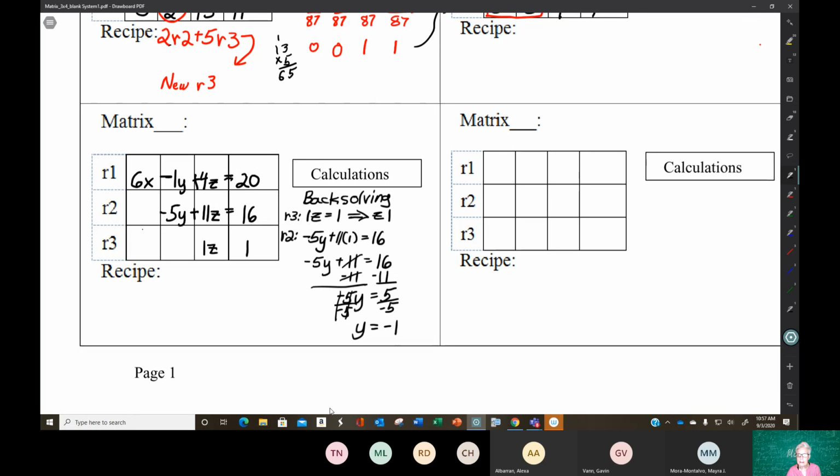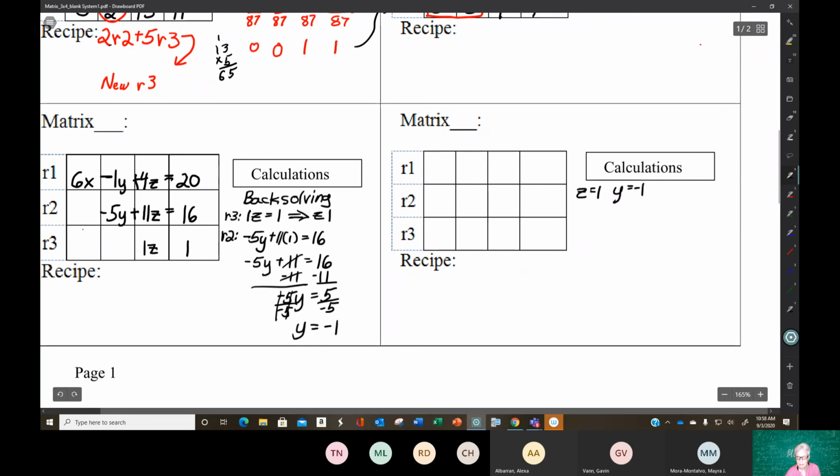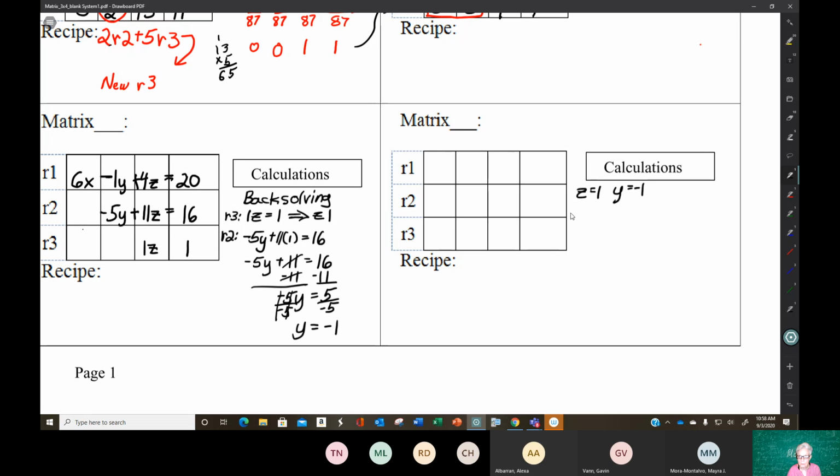Now I know what z is. z is 1, and y is negative 1. Now all I have to do is find x. To do that, I go to row 1. Let me move this over. Row 1